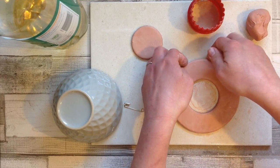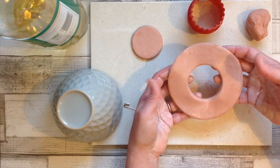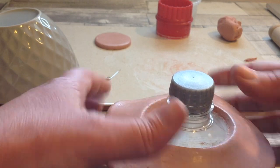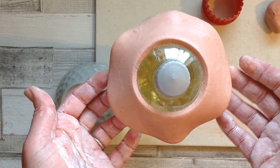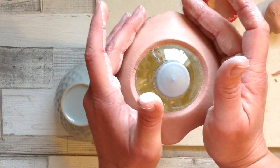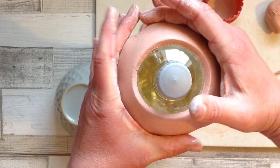I'll link that below. Delicately with both hands lift up your disc, and we're going to gently place this nice and evenly over the bottle. If you'd like your shape a little bit more organic, you can leave it like this and that would be beautiful, but today I'm just going to make mine nice and even all the way around, and we very gently